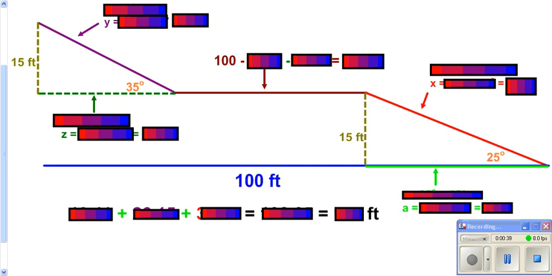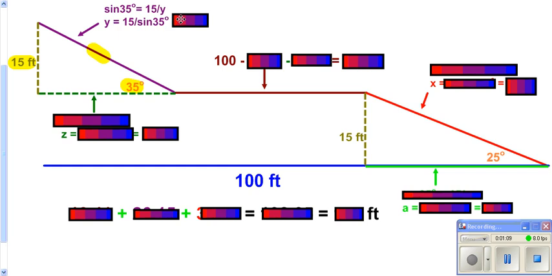Well, let's try to figure out the purple. The purple deals with the opposite side, your angle, and your hypotenuse. That means we'd be dealing with sine. So we'll go sine of your angle equals opposite over your hypotenuse. Remember, it's sine 35 over 1 equaling 15 over y, a fraction equal to a fraction, cross multiply. When you finish solving that for y, we end up getting